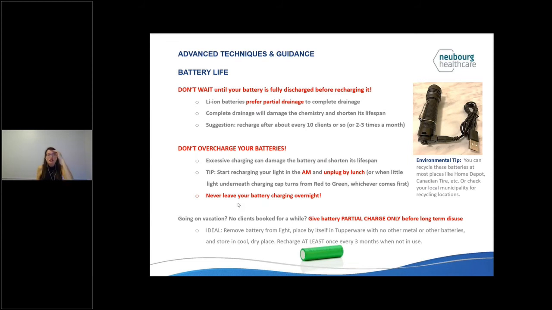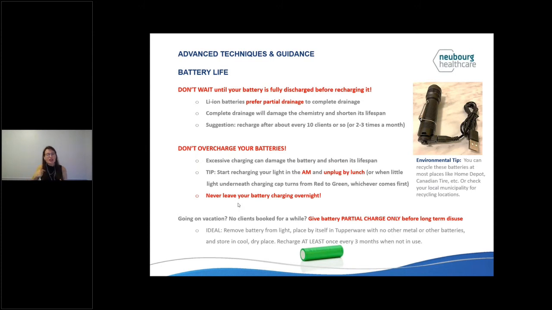So we suggest, in order to keep it at that happy partial drainage amount, recharge it roughly about every 10 clients or so, or a couple times a month, 1 to 3 times, depending on how often you're using it, right? Obviously, if you're using it more like every day, do it about the 10 clients or so, or a little bit more often, but that should give you a good frame of reference roughly,